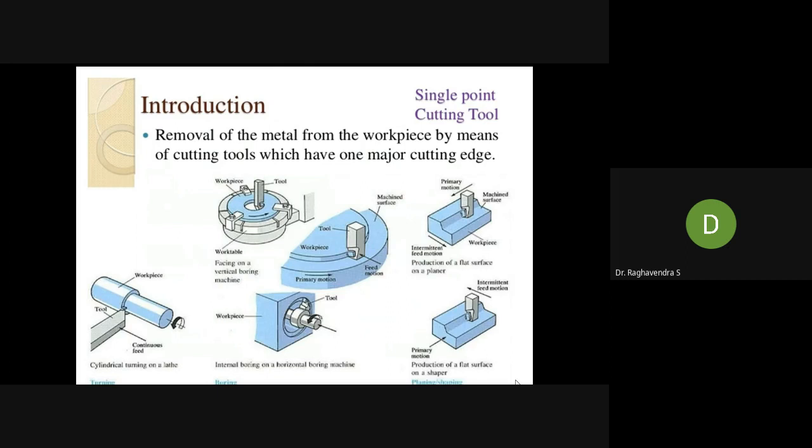In the lathe, normally the cylindrical workpiece will be fitted, and many operations can be done on this: the turning operation and the facing operation, all these things. In milling, normally they do plain milling, end milling, all these things. In drilling, they're going to remove the material, make a hole and enlarge the hole. Boring operation, all these things can be performed.